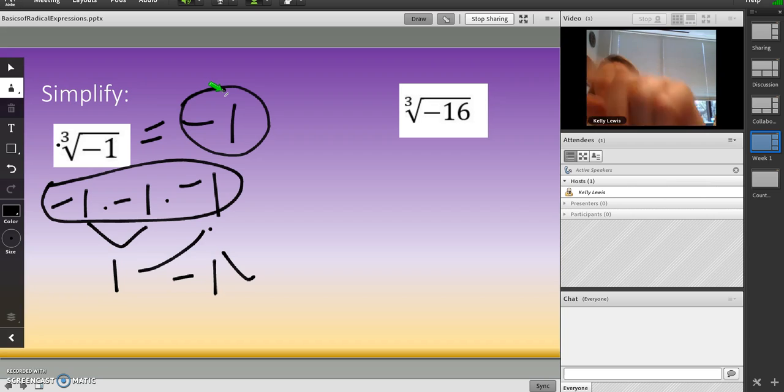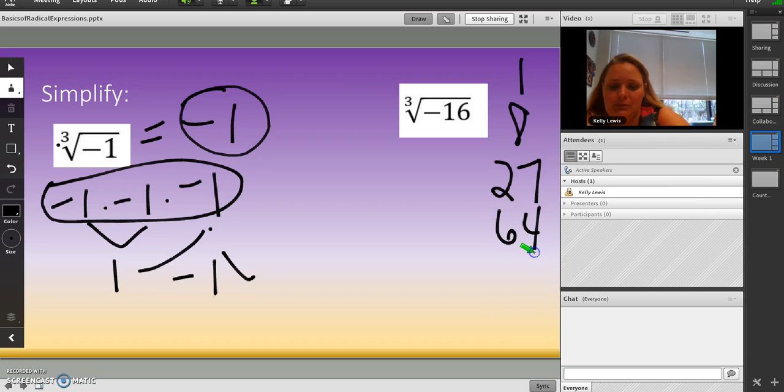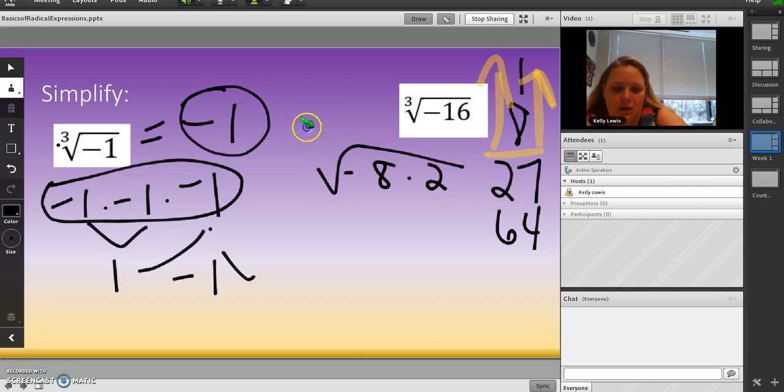All right, 16. So the cubed root is 1 times 1 times 1, 2 times 2 times 2, 3 times 3 times 3, 4 times 4 times 4, and so on. Remember my suggestion was 16, so it's going to happen here. So we're going up. 16 is going to be -8 times 2. And the cubed root of -8 is -2 times -2 times -2, and then we have